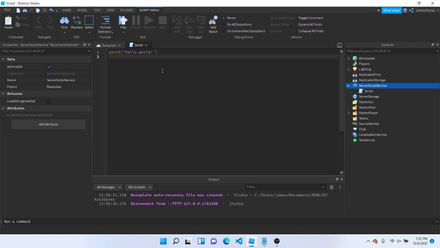Every script will have this. It's normal. Just don't get it confused with a virus. But yeah, so we're going to write our first line of code. So we're going to print